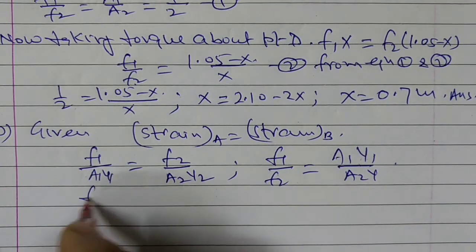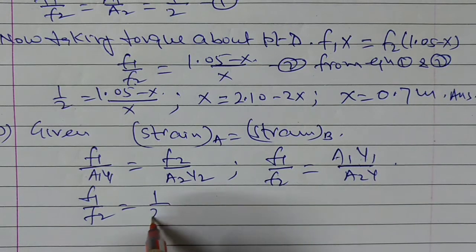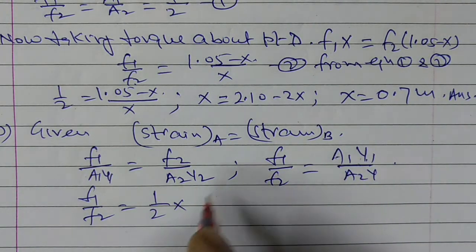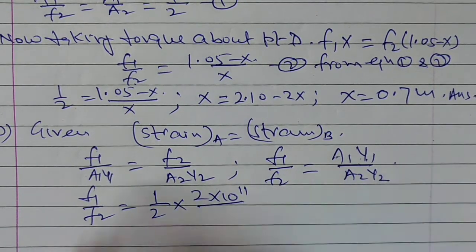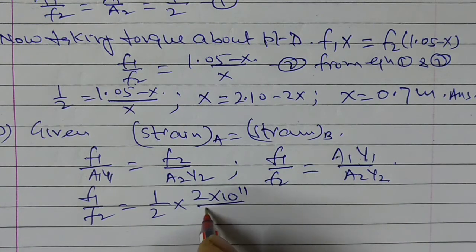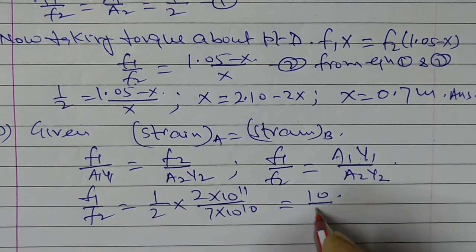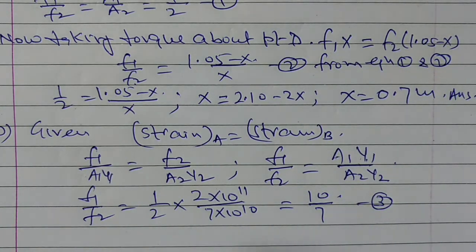On putting values, F1 upon F2 is equal to A1 upon A2, where A1 is 1 and A2 is 2. Young's modulus of steel wire is 2 into 10 to the power 11, and for aluminium it is 7 into 10 to the power 10. On solving, this is 10 by 7, and this is equation number 3. Now from equation 2 and 3,